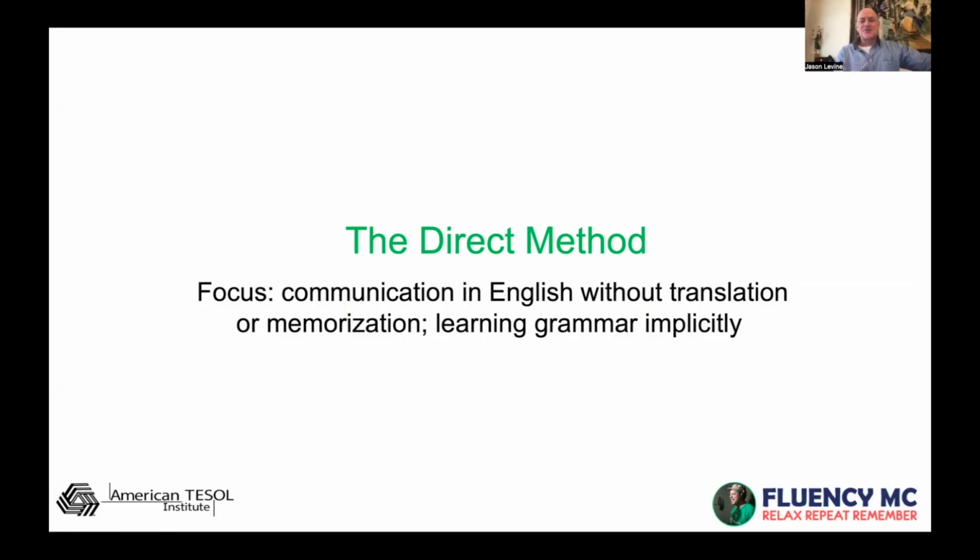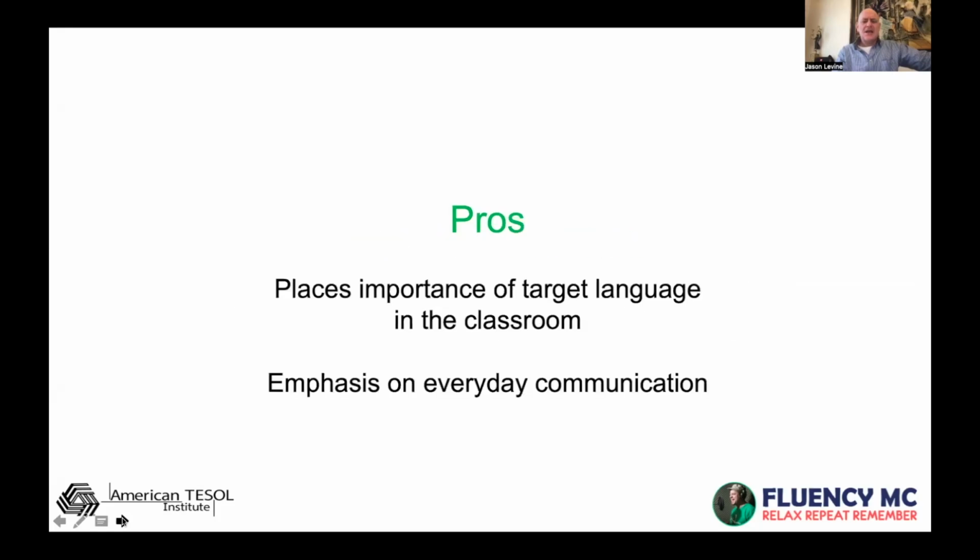And there's a good reason, because it was really a very nice connection between grammar translation and what came after it. So, the direct method was hugely important in what it recognized was necessary, and the things that are good about it were definitely carried through to the next phase. So, no translation or memorization. And this is interesting, right? Learning grammar implicitly, not focusing on rules. So, in a way, it was really ahead of its time, but we're going to see how it didn't work in certain ways.